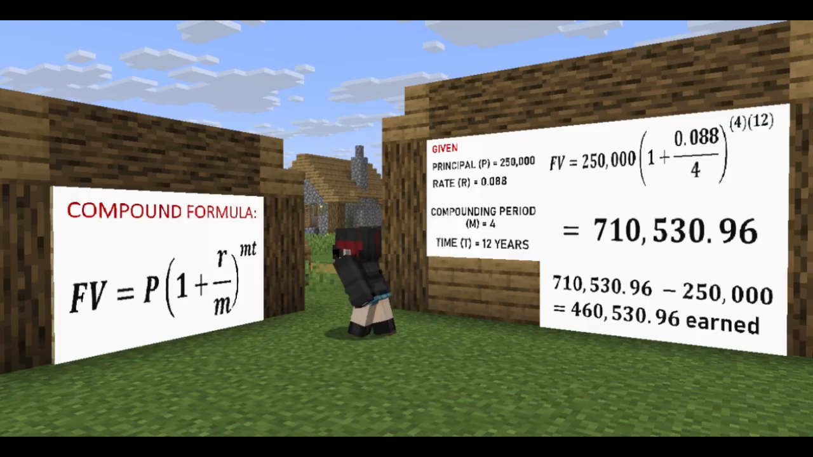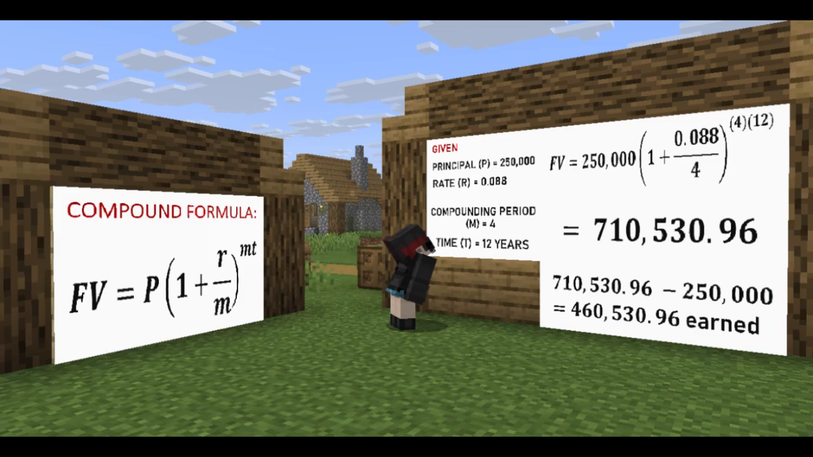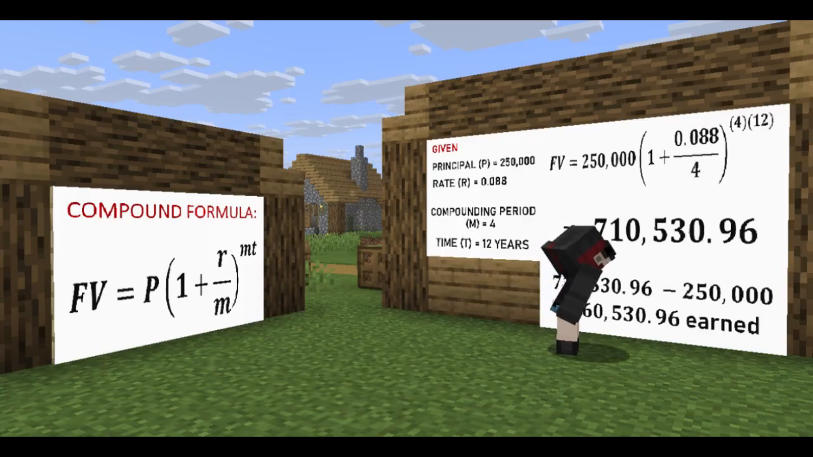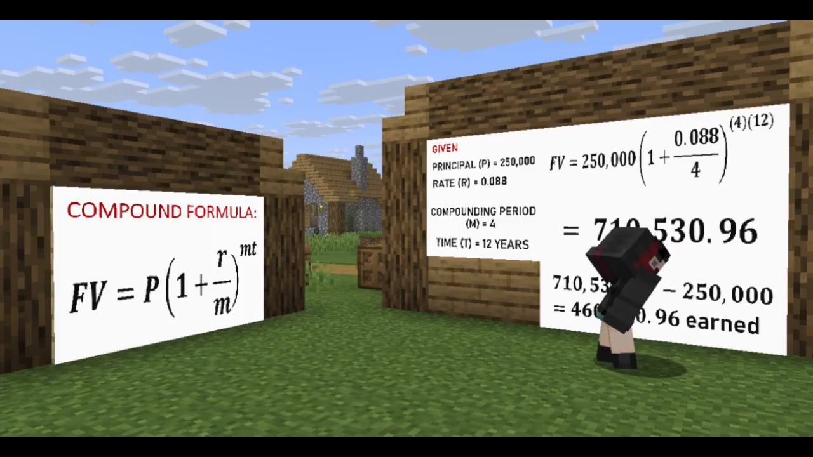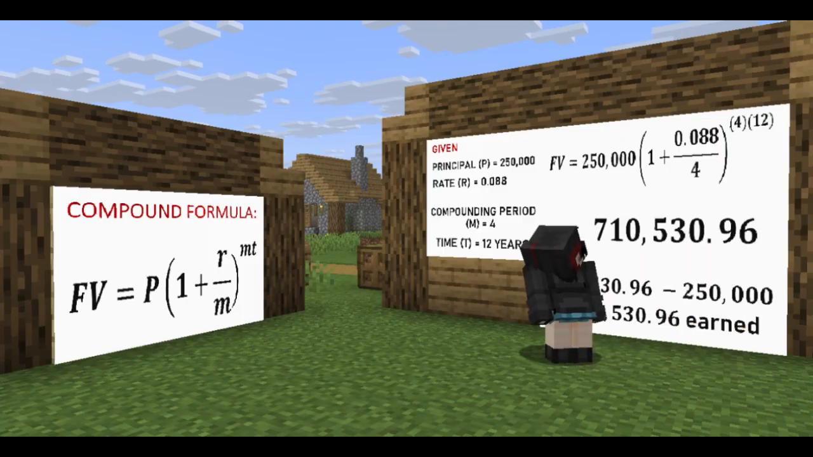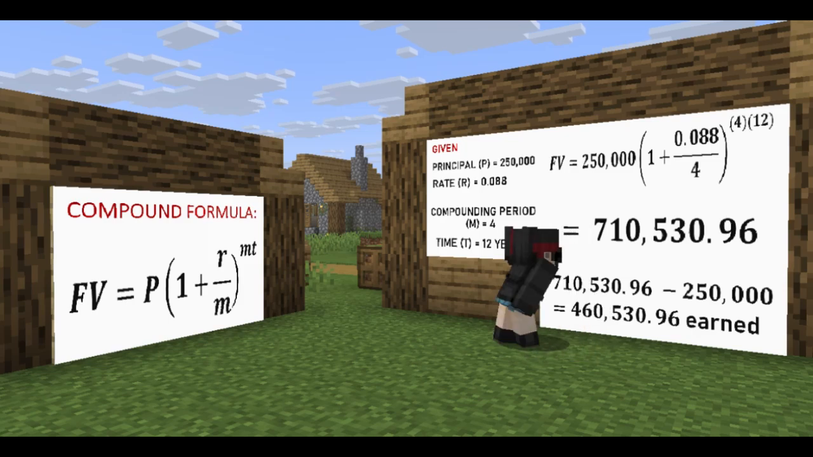We'll use the same formula. First, we substitute the given values. Principal equals 250,000, rate equals 0.088, compounding period equals 4, time equals 12 years. That becomes FV equals 250,000 times 1 plus 0.088 divided by 4 to the power of 4 times 12. When we calculate that together, 1 plus 0.022 equals 1.022. Then we raise it to the 48th power and multiply the result by 250,000 pesos. And that gives us